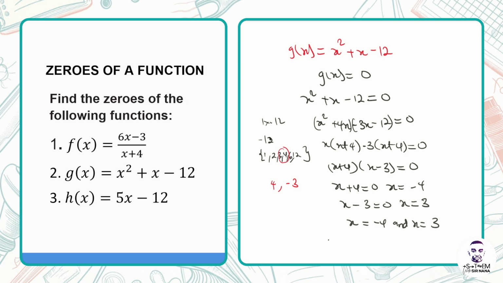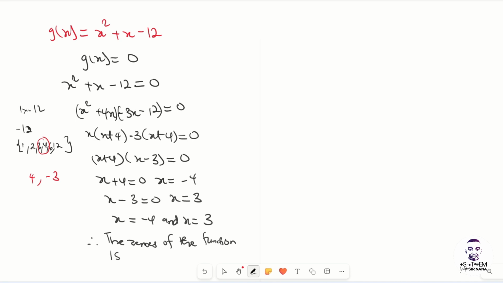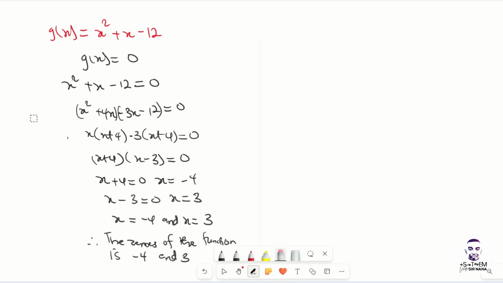So we can conclude that the zeros of the function, so in this case, there are more than one, so it's zeros. The zeros of the function is negative 4 and 3, right? So this is just a rough work that helps us to be able to go through the process of solving the quadratic equation, right? Now let's consider the final one, which is the third one that was given,